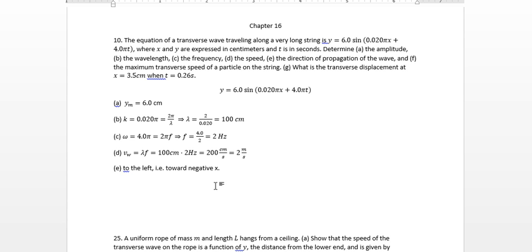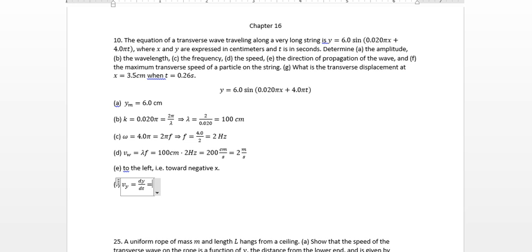How do we find the transverse speed? Well, what is the transverse speed? It's the velocity in y. What's the velocity in y? dy/dt, the derivative with respect to time,